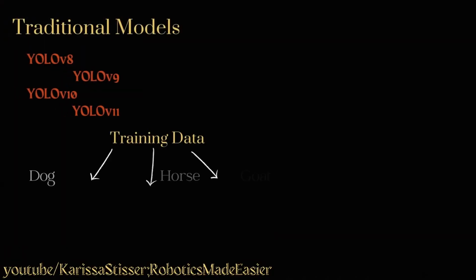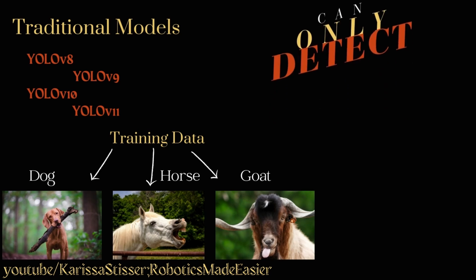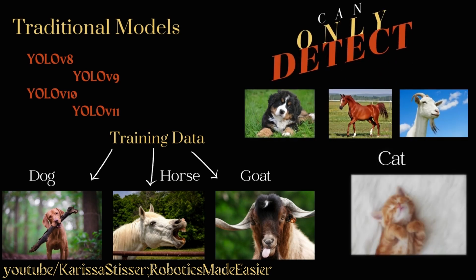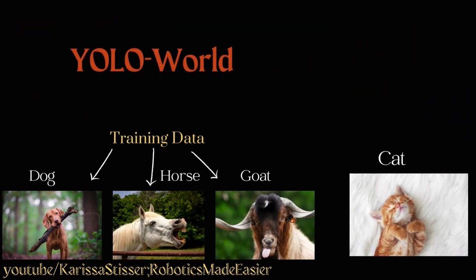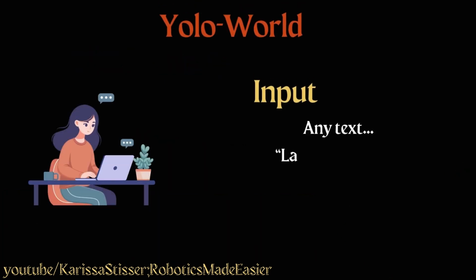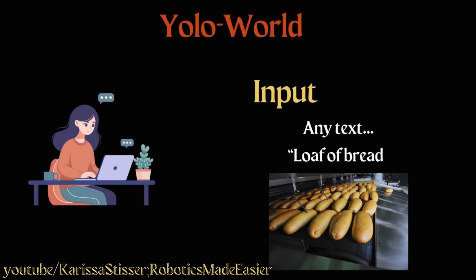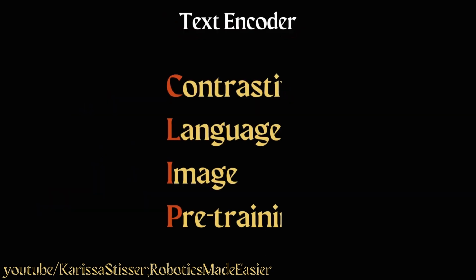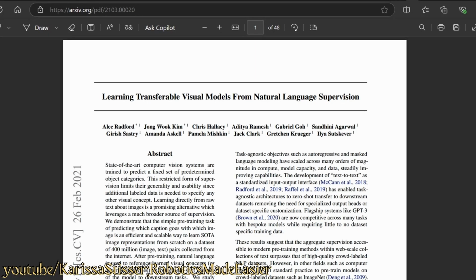Yolo-World is a zero-shot open vocabulary model based on YOLO v8. This means that rather than only being able to detect one of the classes you've pre-selected and trained on, like the traditional models, Yolo-World can take any text as input for what you want to detect. Yolo-World uses an open vocabulary detection method, which leverages a text encoder, CLIP, published by OpenAI, to encode the noun